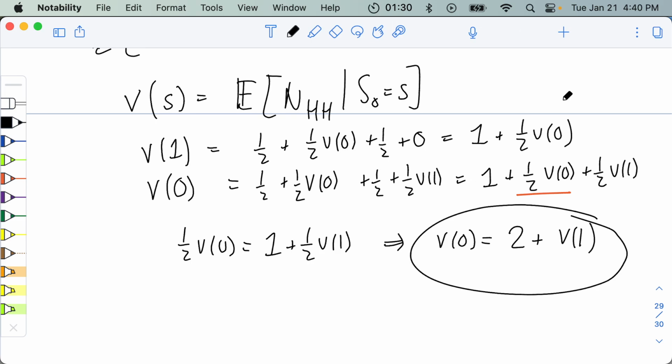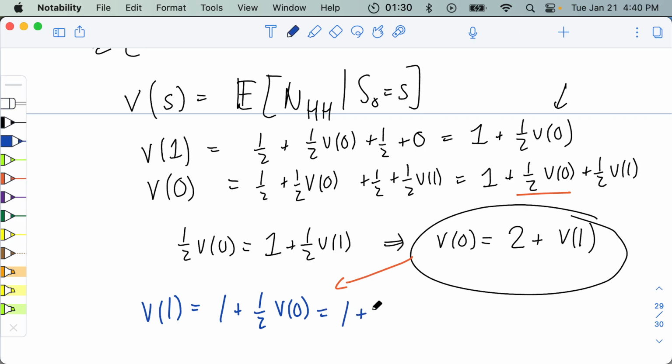On the other hand, this equation says V of 1 is 1 plus 1/2 V of 0. Now if we take this equation and plug it in, we get 1 plus 1/2 times 2 plus V of 1,